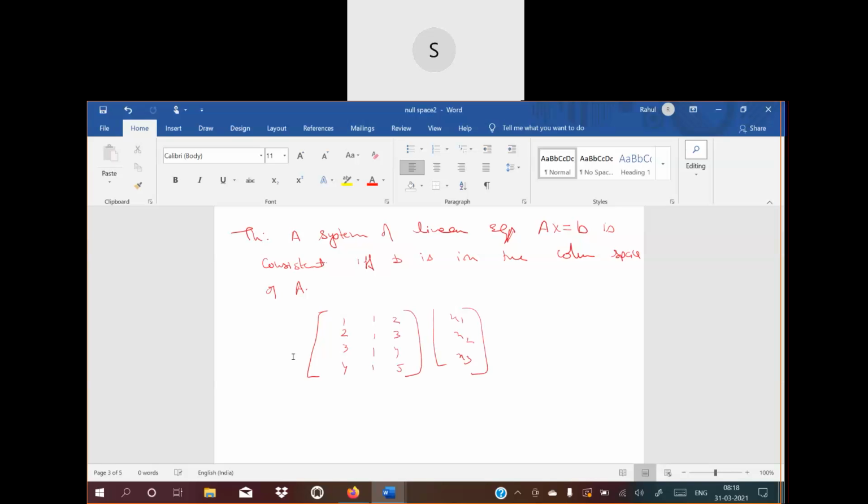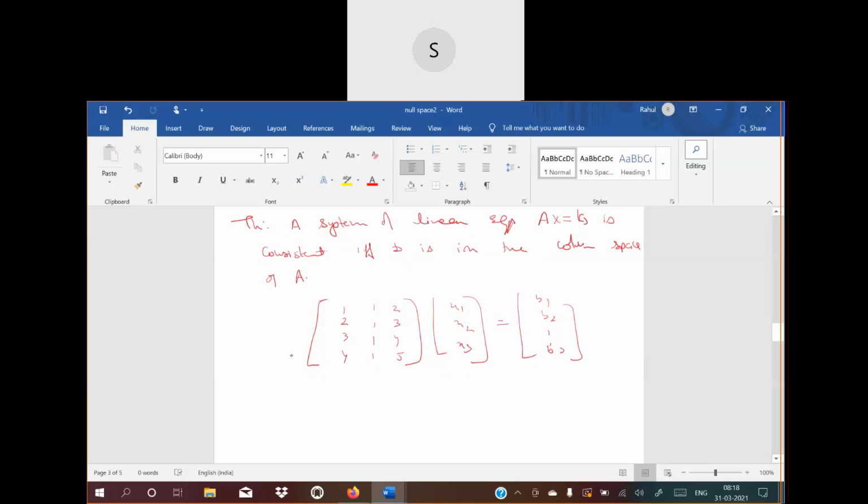This is equal to b, b1, b2, b3 and so on. So what we are saying is that for some right hand side we can solve